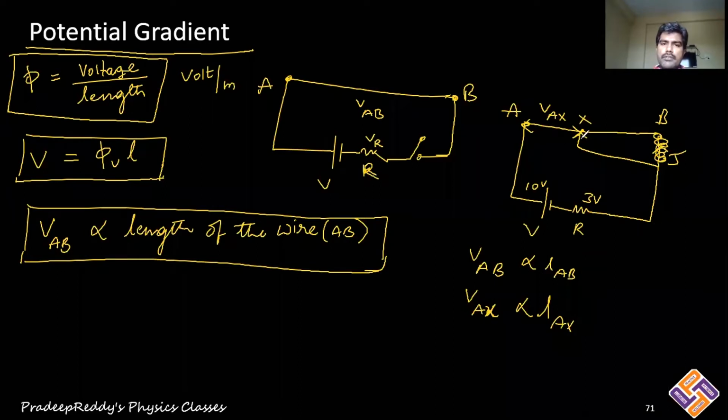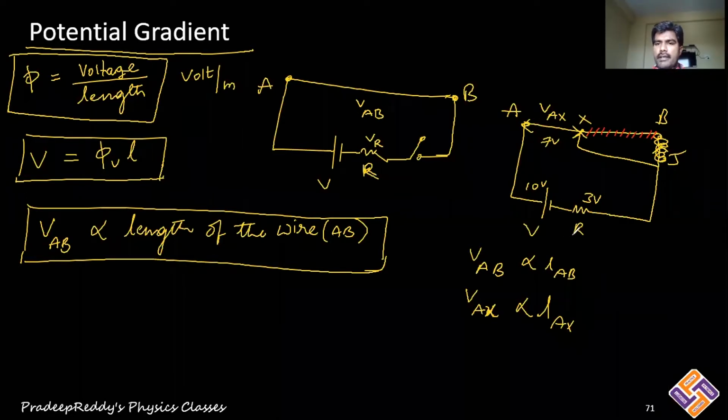Now what you are doing is connecting the jockey to the X point. So even though you have this wire, the part from X to B is useless, because you are shorting the wire with a jockey by positioning it at X. Therefore, the effective length of this wire in the circuit is AX now. Now also, how much voltage is left over here? 3 volts is dropped across the resistor. 7 volts is dropped across this AX length. Therefore, the total voltage dropped across the wire is still 7 volts. It is proportional to length AX only.